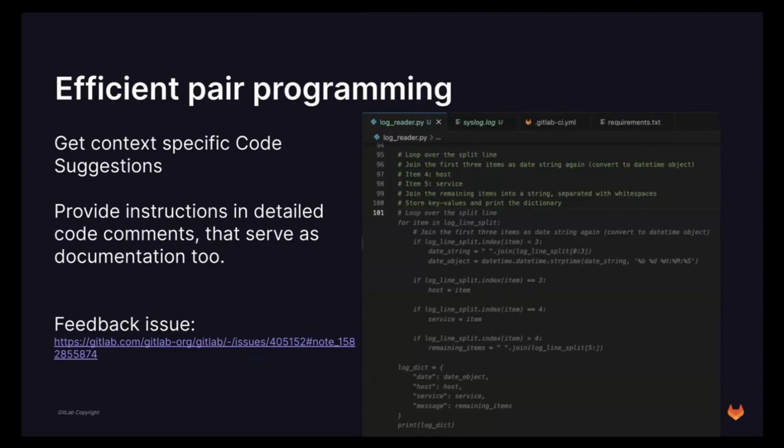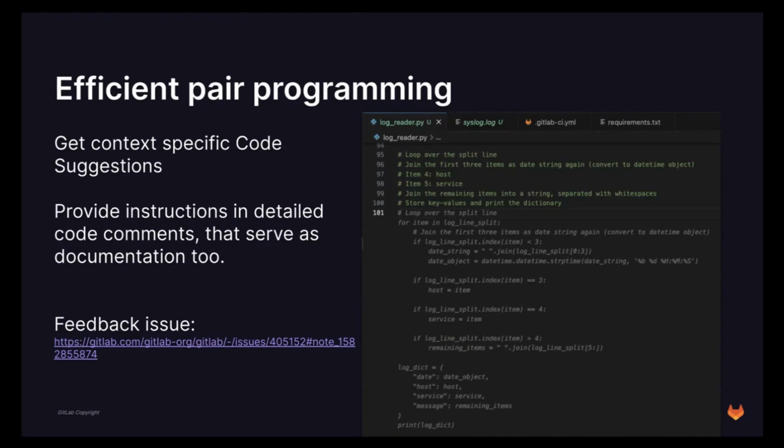And so I started looking into efficient pair programming. So getting context-specific code suggestions. In the beginning, I was like, okay, this is a great suggestion. Do I need to switch the context now? And I mean, in the first like 5 minutes or 1 hour practicing, it felt a little like that. After a while, it became super comfortable to provide instructions, like even multi-line instructions, to say, well, this should be my algorithm. Maybe use this variable input, use a specific structure, and then provide me with the source code,